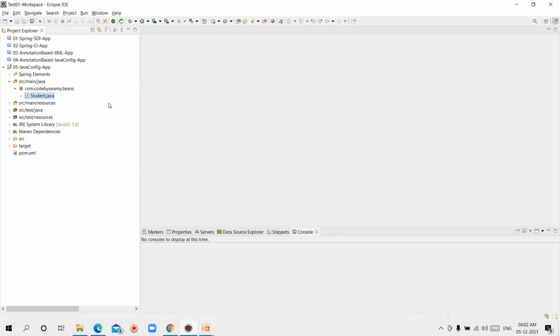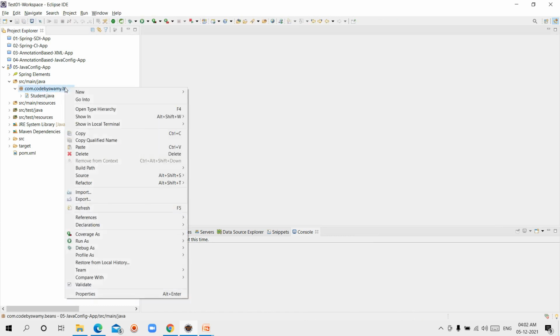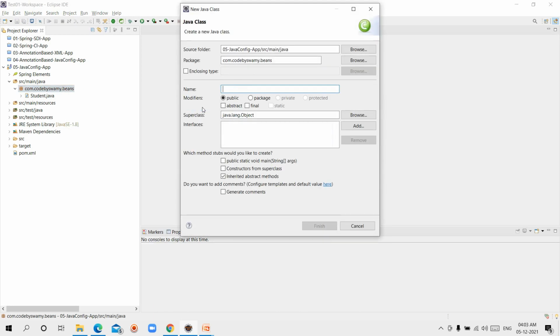Next I need a configuration class. In the previous videos we developed XML based configurations, but this is Java configuration. For that, don't go for XML. Develop the configurations using Java only. I'm writing one class called AppConfig, with the configuration package name also.